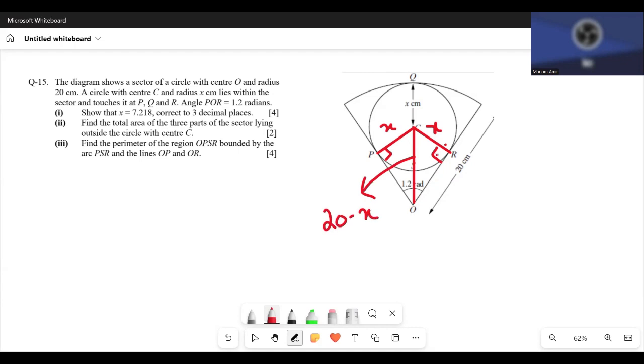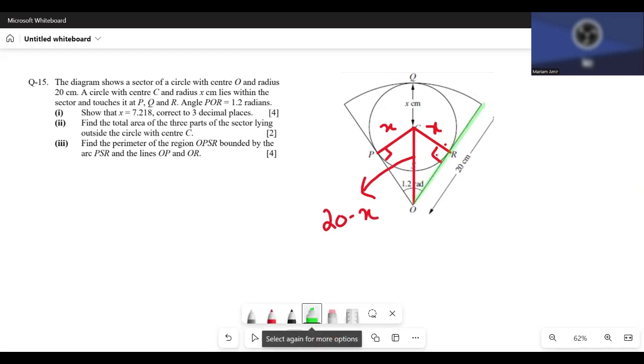And if we connect these two points, this length would be 20 minus x. Why is that? Because this is 20, this is 20, and so would this be 20. So this is x, so the rest of it has to be 20 minus x. Okay, so now this angle will split into two, so this would be 0.6 on both sides. Now I'm going to use this triangle